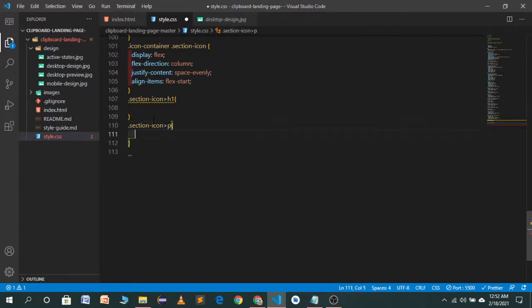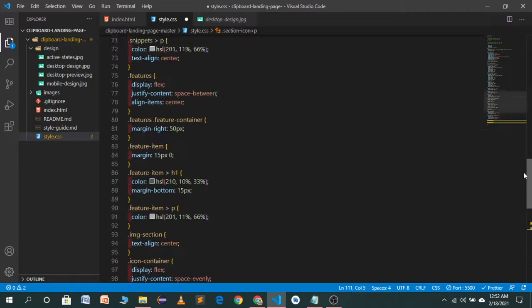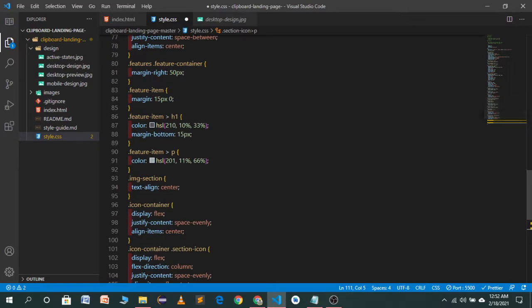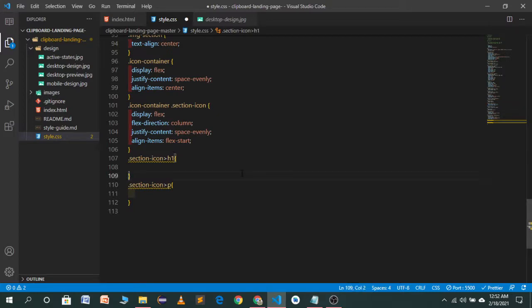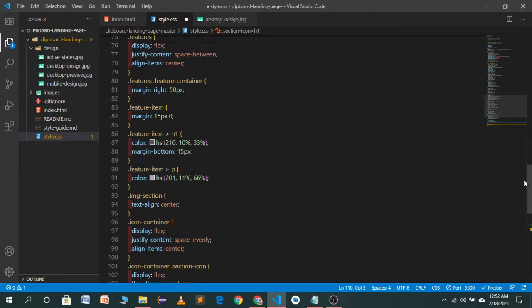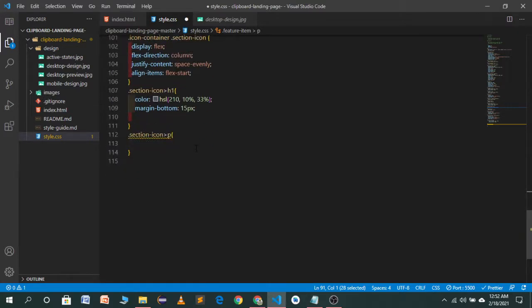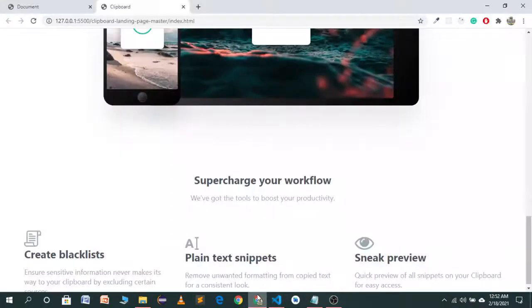So let's go to the upper part and copy these properties, the same properties of the upper h1 tags, and paste them here. Then move to the upper part and use this same color for our paragraph. Now save it and let's see how it changes.